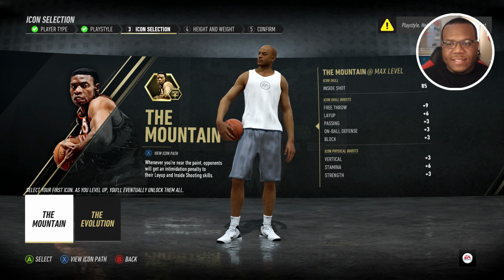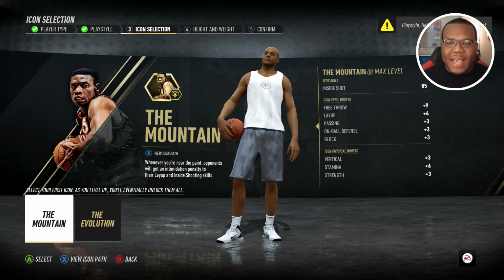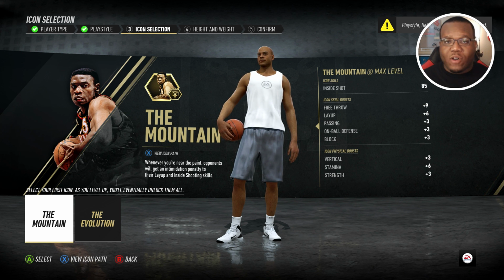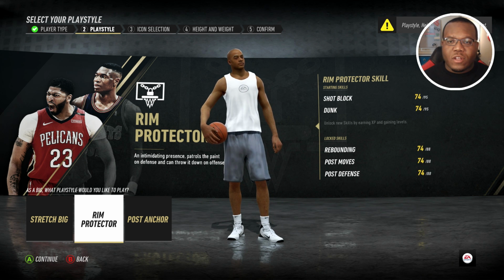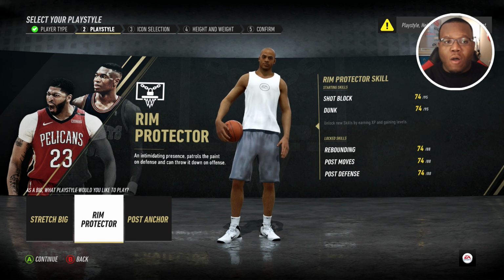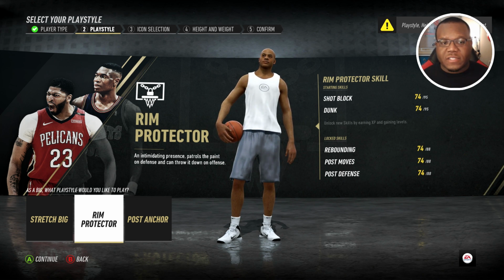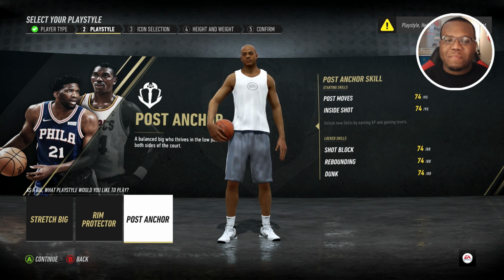And you see the inside shot, an 85, along with a +6 to layup, passing, on-ball defense, on top of the other abilities that you have already. So when we look at the Mountain, you have inside shot at 85, along with a shot block, dunk, rebounding, post moves, and post defense. You're going to be a solid overall big in order to protect the paint and also do damage on the offensive end. And last but not least, I know this may be surprising to a lot of people, is the